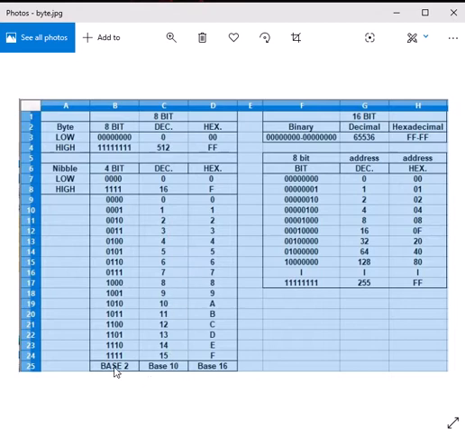which is 256. 512. Excuse me. It's 255 total. I made a mistake here.